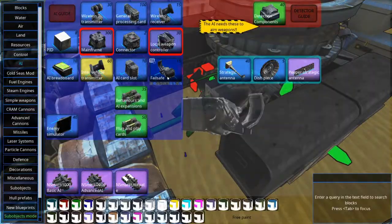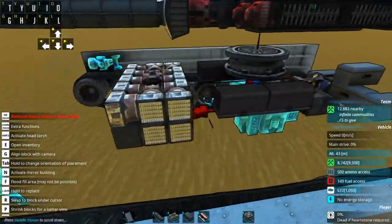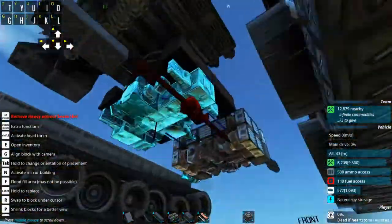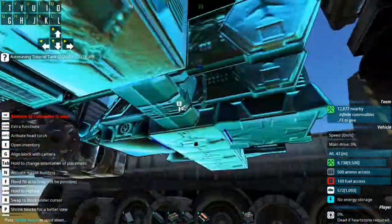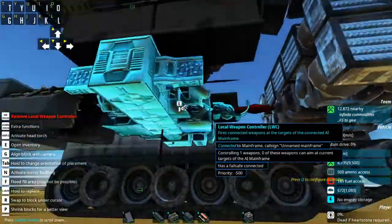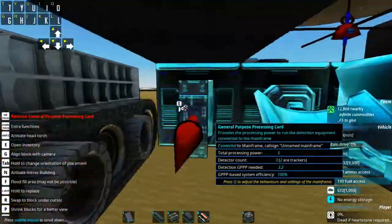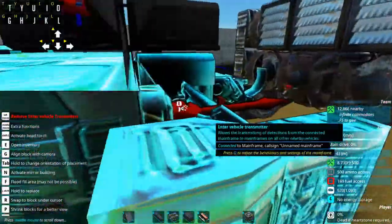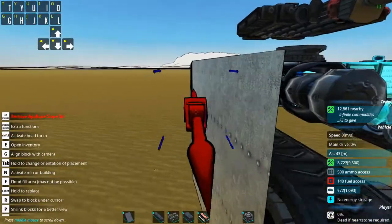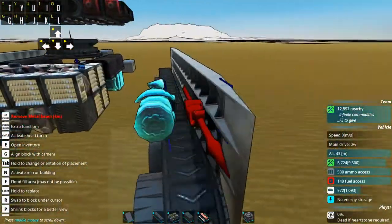So the tank is pretty much done, aside from some combat testing, which I thought you guys might like to see. Let's just give you a better look at what I did with the AI down here first. It should still all work. It has all the sensor data that it can get with the processing cards. I added an inter-vehicle transmitter because I don't have a whole hell of a lot of faith in how I did these